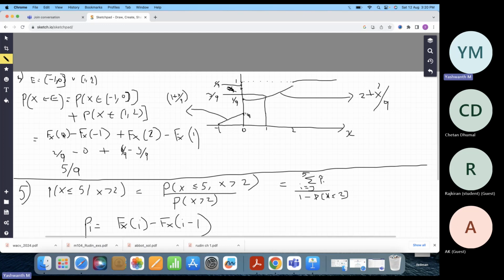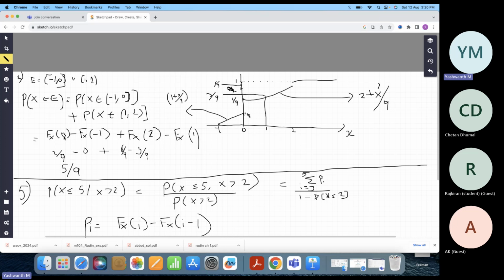Because you know the CDF, you can put this: x belongs to minus 1 to 0 means, as you've seen earlier, minus 1 is less than x is less than or equal to 0. So that's like Fx of 0 minus Fx of minus 1. So at 0, you have two things. There is a 1 by 9 and there is 2 by 9. Because this is continuous from the right, if you are considering 0,